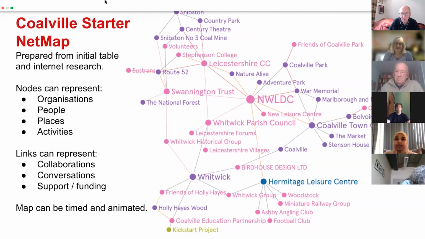But even with a quick map like this done from internet research, if you play that back to people who are on the map, that's a great starter talking point. You can ask people whether they think that's a fair representation, what sorts of collaborations are taking place and so on. So thinking about a participatory process to actually help build relationships, reveal assets and so forth is really important. So it's not just about the map, it's about the communication, it's about the people, it's about the engagement. I think that's fair to say, Drew, isn't it?